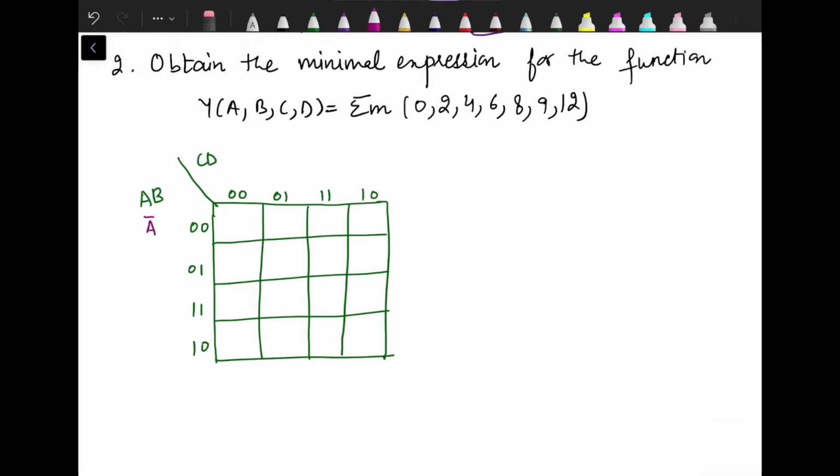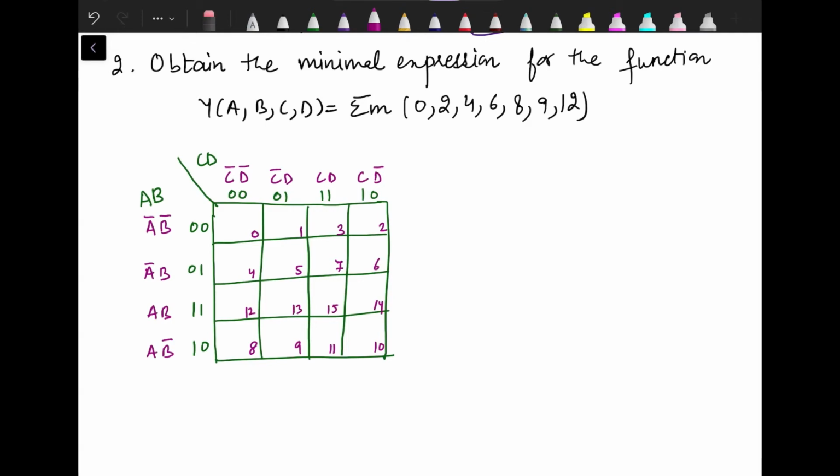Corresponding to this, it's A complement B complement, A complement B, AB, AB complement, and C complement D complement, C complement D, CD, C D complement. This one is minterm 0, 1, 3, 2, 4, 5, 7, 6, 8, 9, 11, 10, 12, 13, 15 and